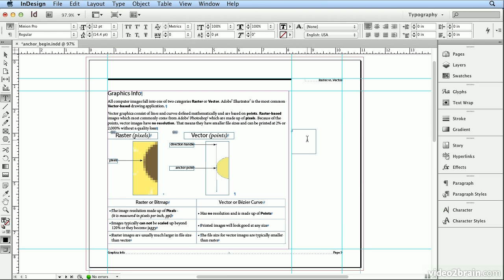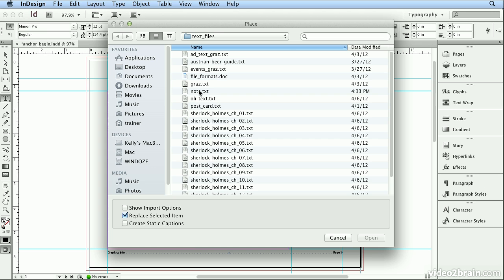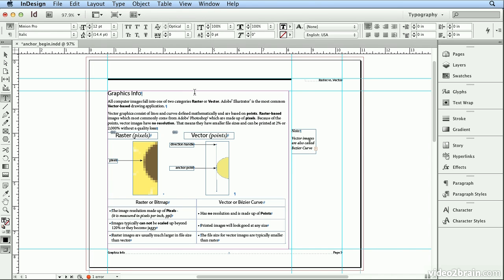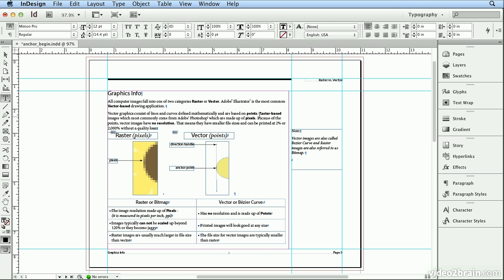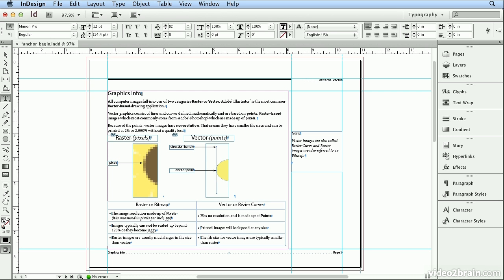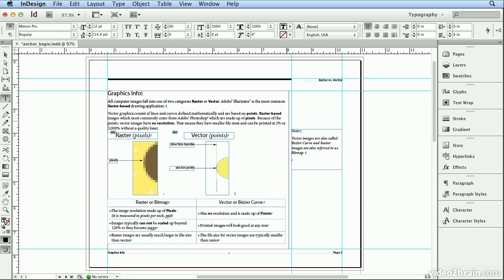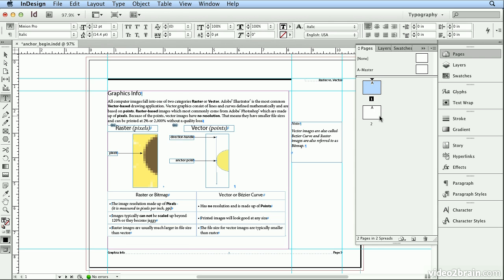If I click on it once, it becomes a text container, and I'll choose File, Place, and I'll place the note text from my Assets and Text Files folder. Then I'll use my selection tool to stretch this until I see the entire note. Looks good. And again, if I decide to break this paragraph and add a new return, this note text is always traveling up or down with that line of type. In fact, I'll return this to one continuous paragraph,